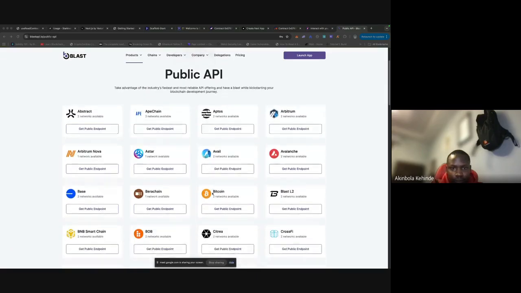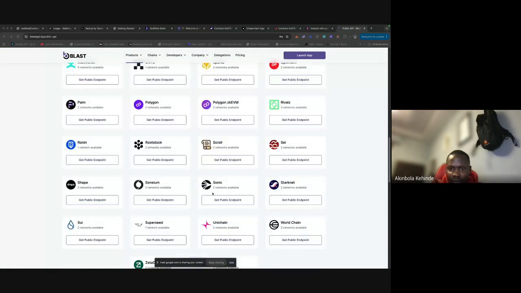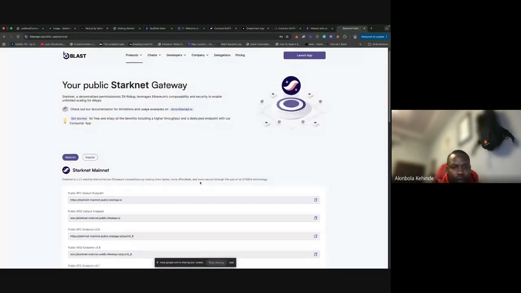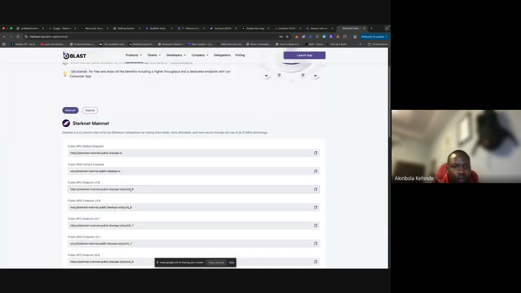So you just look for Starknet. So yeah, these are the public endpoints. Make sure you're using version 8 because version 7 will not work. The current upgrade on Starknet is not going to work with the previous RPC, so you need to make use of version 8. Then copy this,